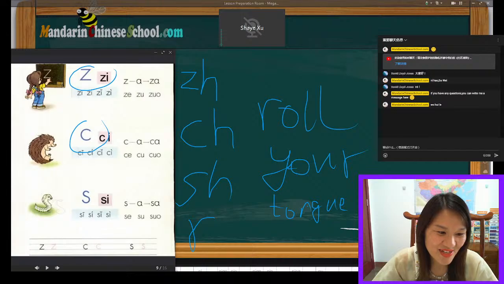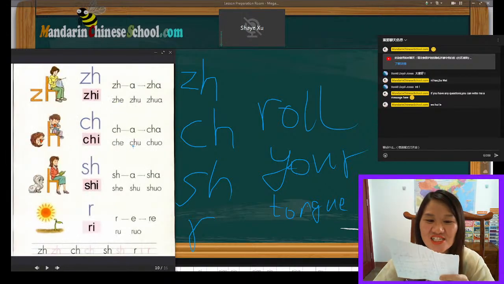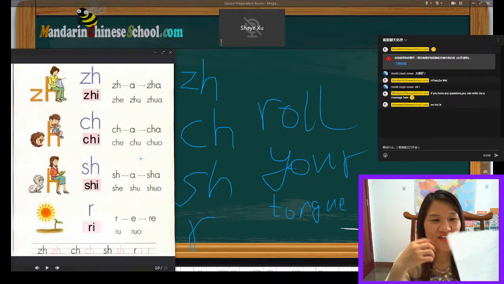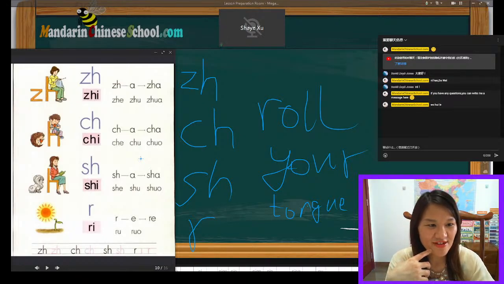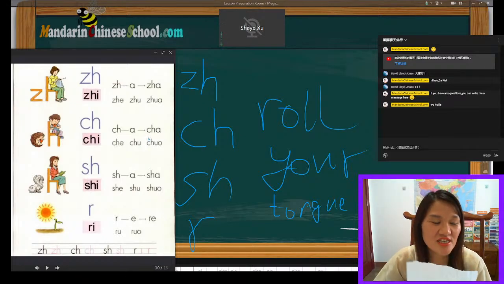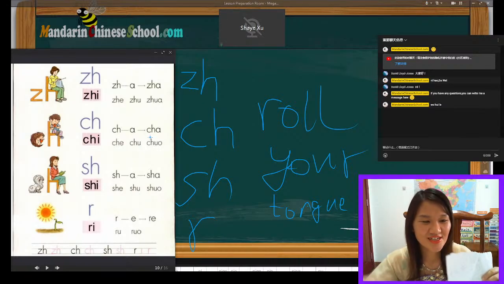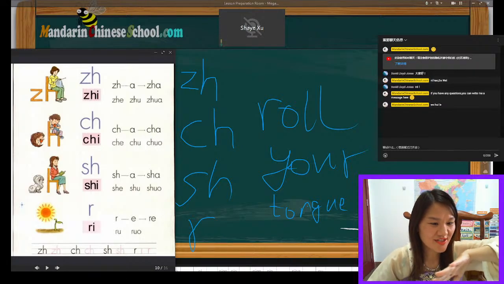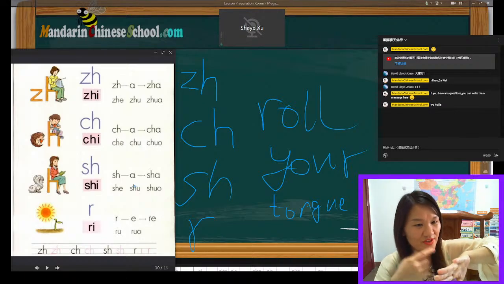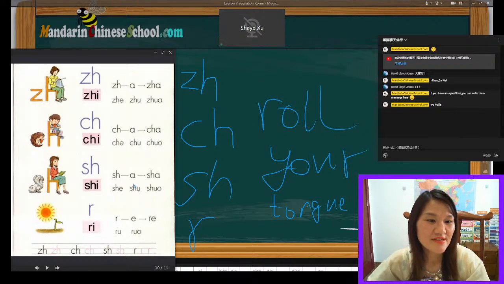the same as this one. When you say 知, no air comes out of your mouth. When you say 吃, you can move this paper. 吃, do you see the air? 吃, you can feel it on your hand. 吃, yeah, you can feel the air come out of your mouth. So 吃,